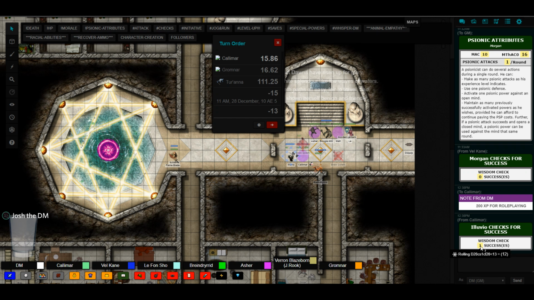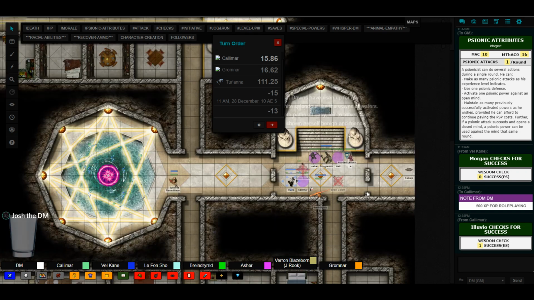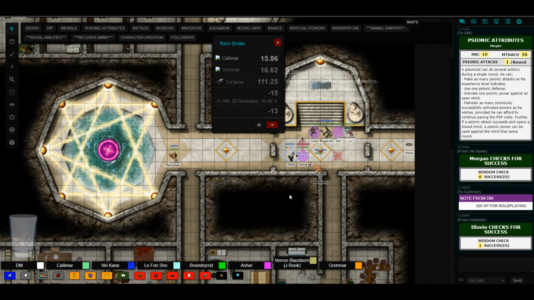Okay, so your target number was 13 with the -3. So that would bring your target number down to an 8. So that would be actually a failure. Okay. I lose my days next. Yeah, next round it'll be easier. Okay. Yep. I'll try that then. Okay. Anything else from Calamar and Company? Nope. Okay,